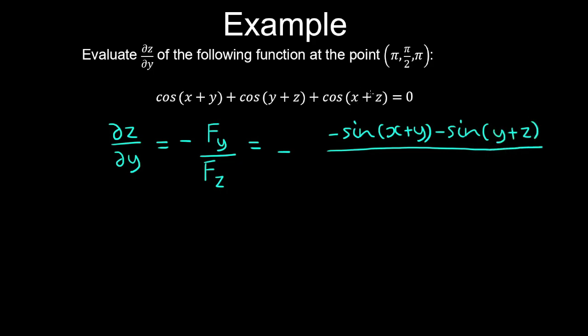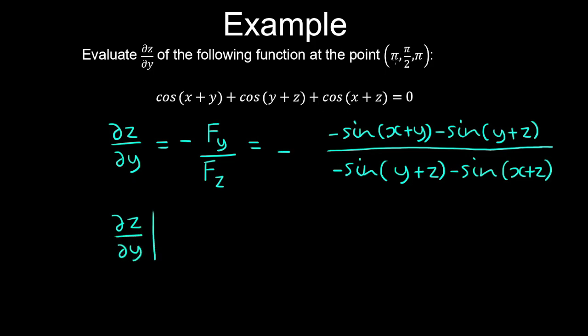And the third term drops out, and taking the partial of f with respect to z, the first term drops out, and we get minus sine of y plus z minus sine of x plus z. And evaluating this partial derivative at the given point, having coordinates pi on 2 and pi,